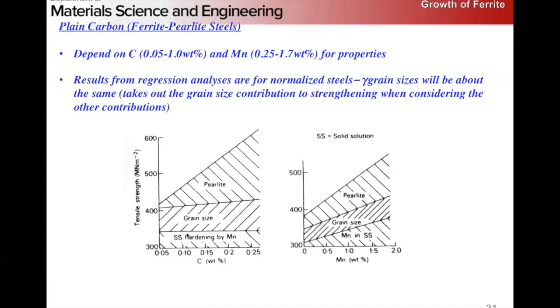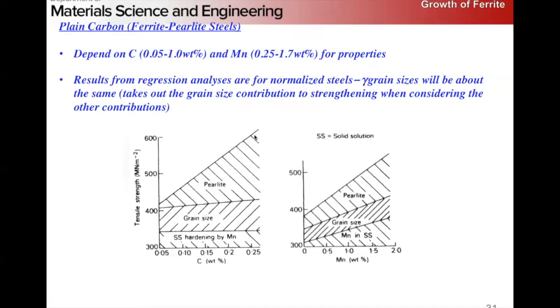And so if we look at the effect of the carbon content, we've got this solid solution strengthening by manganese, which is basically a flat line because we're holding our manganese content constant. We have grain size, and then we have a strength effect due to the formation of pearlite,